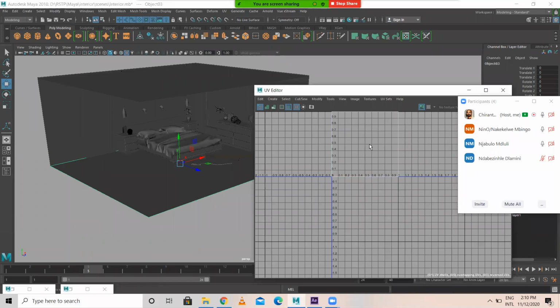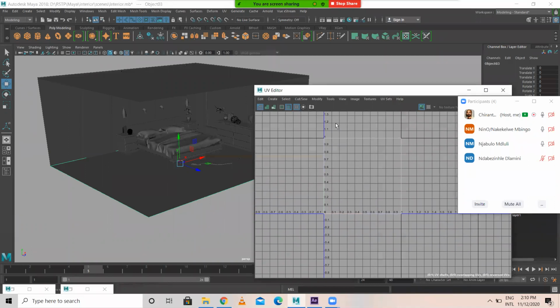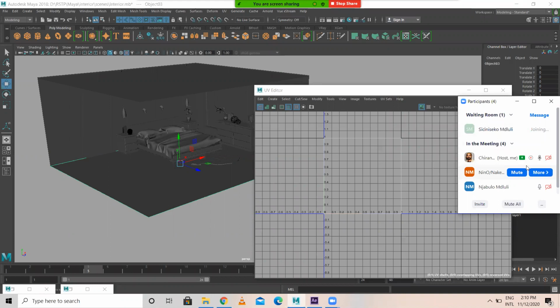Okay, it's something like this. That's how it looks. So how do we apply material first? What type of material can we apply for the floor? Guys, can you tell me what type of material we can apply? Can we apply something like wood material? Will that be okay? Or shall we apply something like tiles or granite? Which one looks good for the floor? I want your response also in this.